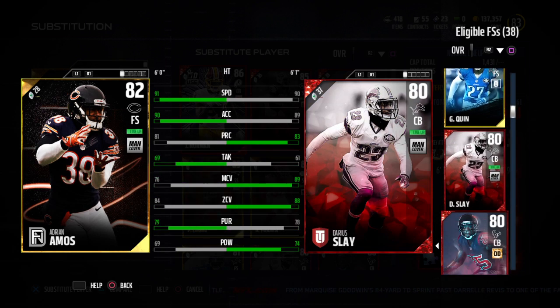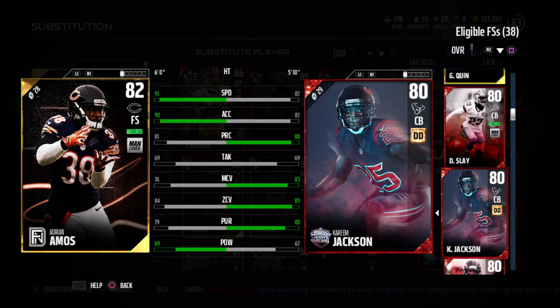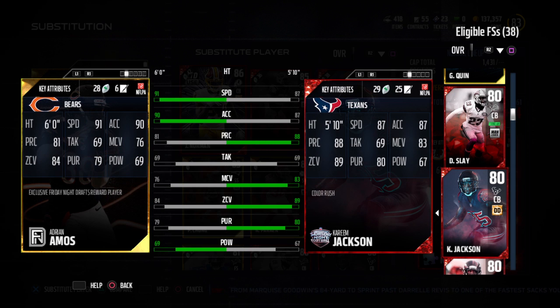But let's see where Kareem Jackson stacks up. So is he even on the list? He's not even on the list. Okay, he's an 80 here. He's an 80 here, but look at his stats though, dude. He has good pursuit. He has great zone coverage. Now, his only thing is his hit power is low and his tackle is slightly low. Now, I bet if his tackle was like 70